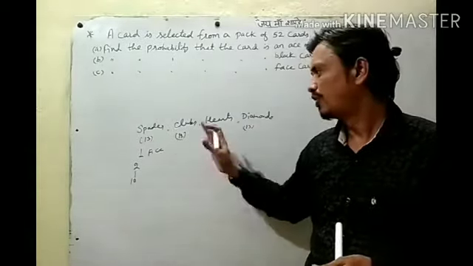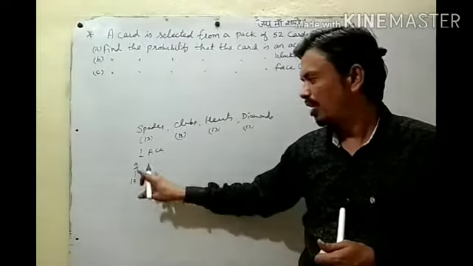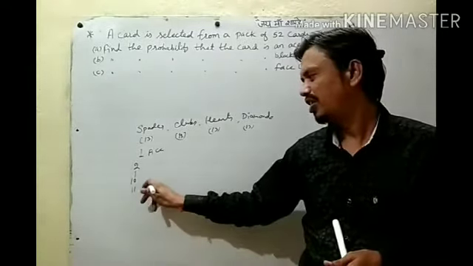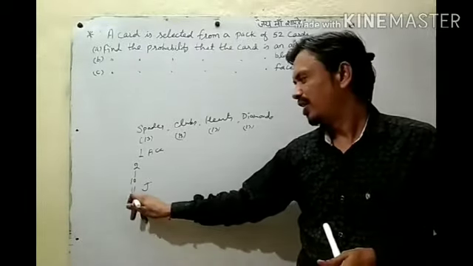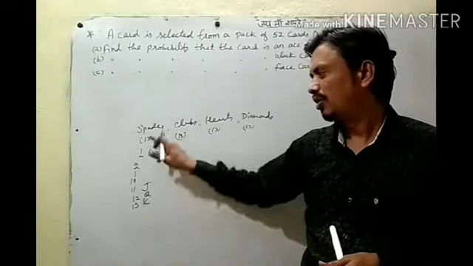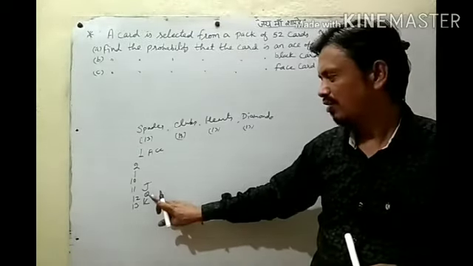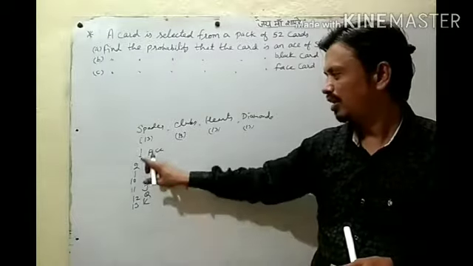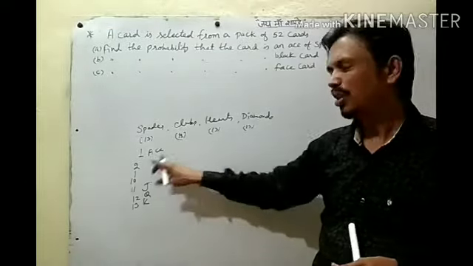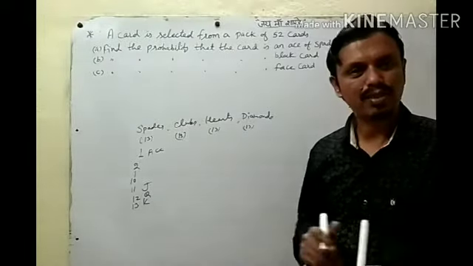2 of spade, 2 of clubs, 2 of hearts, like this, up to 10 of heart, 10 of club. So there will be numbers. Then the 11th card is called Jack, the 12th card is called Queen and the 13th card is called King. Like this we have 13 cards. So each group has 1 Ace, 1 Jack, 1 Queen, 1 King and numbers 2 to 10. So overall we have 4 Aces, 4 number 2, 4 number 3, then 4 Jacks, 4 Queens, 4 Kings.